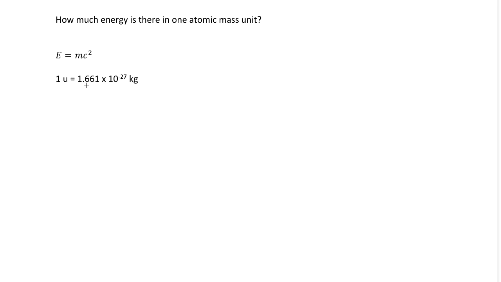where mass disappears. So we've talked about this equation, we've talked about atomic mass units. Now we can ask, how much energy is there in one atomic mass unit? In other words, if one atomic mass unit were to disappear, how much energy would that release? So we need to use SI units, so we're going to use kilograms instead of atomic mass units, and we'll start from our equation E is equal to mc squared and plug in one atomic mass unit worth of mass,